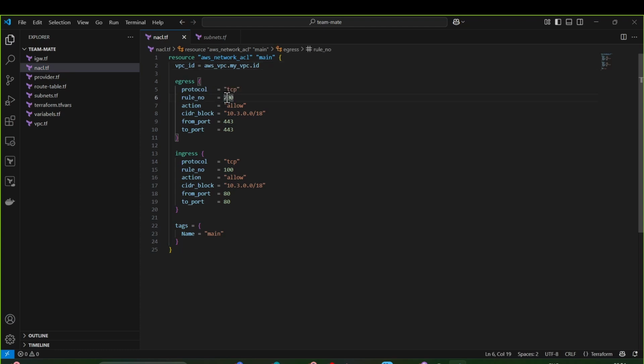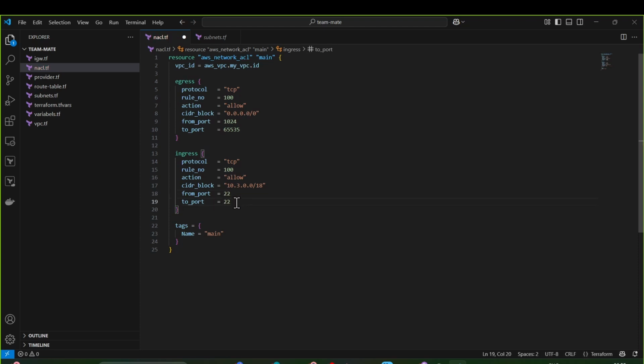So egress rule number, let's say 100, he's allowing 0.0.0.0/0. I need to allow ephemeral ports to the entire world, that is 1024 to 65,535. And in the ingress, what I'm doing is I'm allowing port number 22